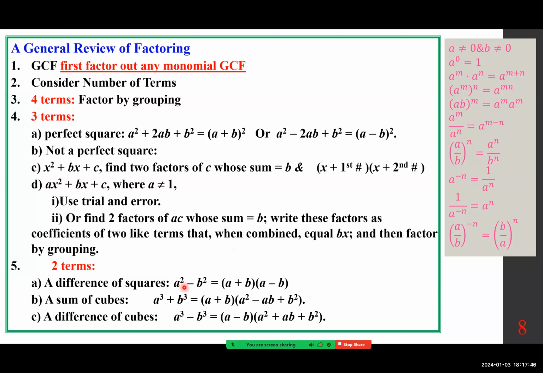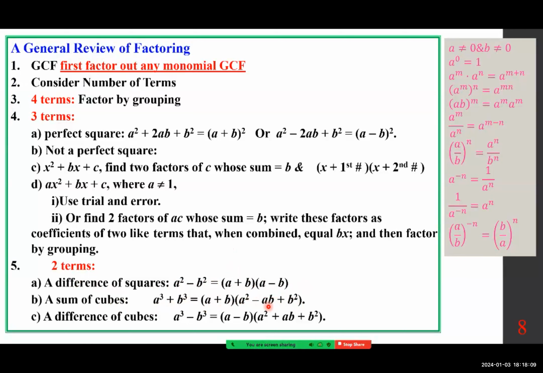Reminding you of the difference of squares. If we happen to have only 2 terms, remember we had this in the previous page. a squared minus b squared, known as the difference of squares, is a plus b times a minus b. If it's the sum of cubes, a cubed plus b cubed is a plus b times a squared minus ab plus b squared. What I want you to pay attention to is this,